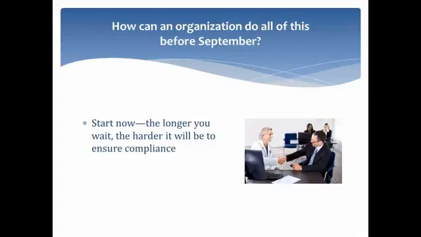And it's going to be very difficult unless you start now and start getting your ducks lined up and going through checklists to make sure that you're hitting all the specific requirements of the HIPAA omnibus rule. And if you didn't comply originally with either the privacy rule or the security rule, you've got to go back to square one and start from there. The HIPAA omnibus rule is an update to the other ones, and if you didn't comply from the beginning, you've got to go back and start there and then work your way up to the point where you're complying with the HIPAA omnibus final rule.